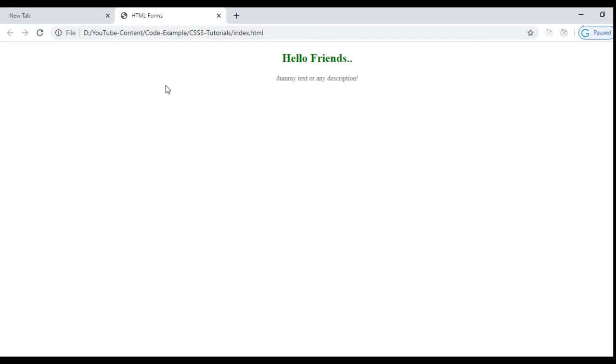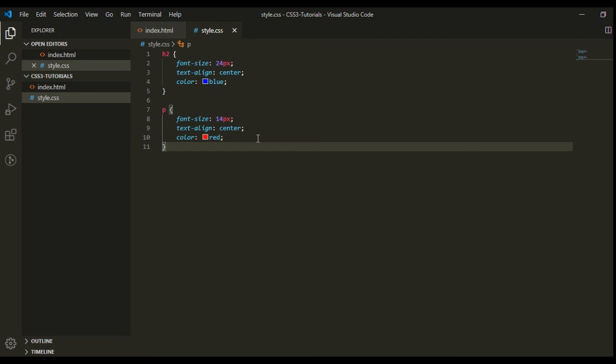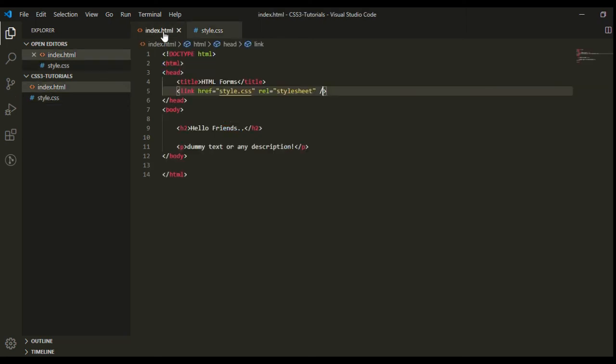Let's see. Here you can see the changes. So friends, this is the most efficient way: to write the style sheet in an external file and import that file into your HTML page.